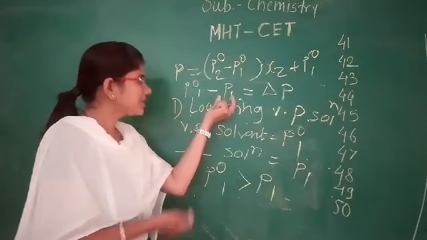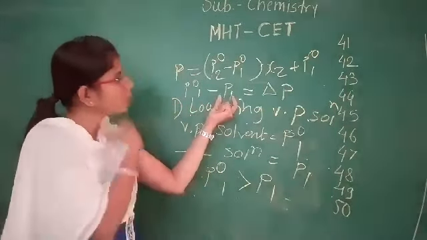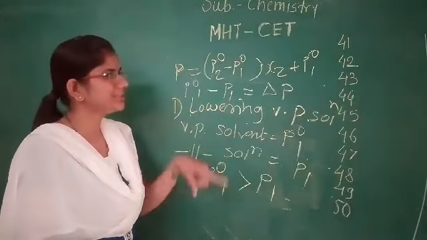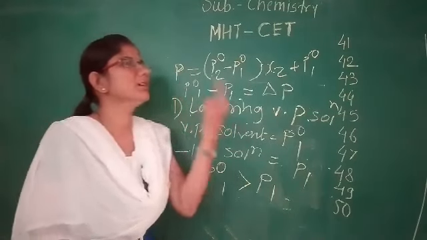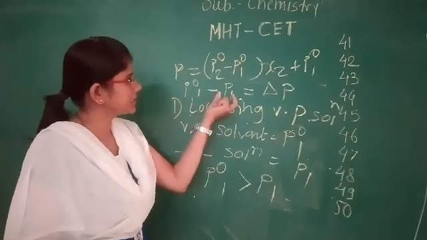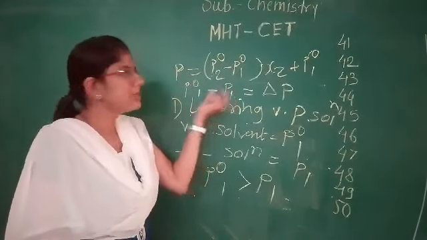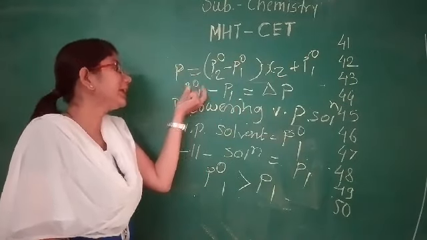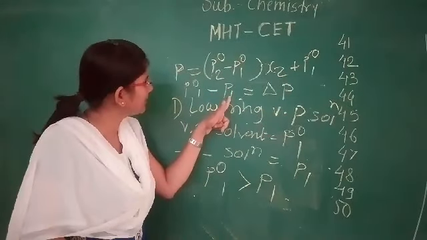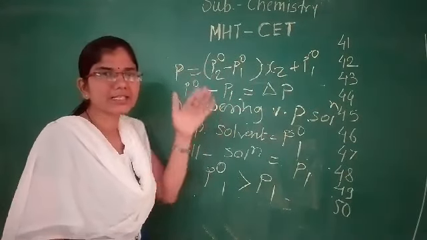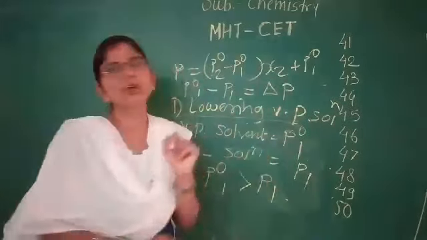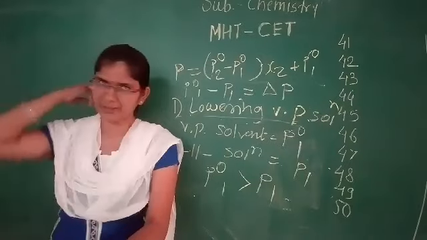Means this is the vapor pressure of a solution which is lowered when a non-volatile non-electrolyte solute is added to a solvent to make a solution. This is the vapor pressure of the solvent and this is the vapor pressure of the solution. म्हणजेच प्युअर सॉल्व्हंटचं वेपर प्रेशर हे सोल्युशन पेक्षा जास्त असतं. म्हणजेच सोल्युशनचं वेपर प्रेशर हे प्युअर सॉल्व्हंट पेक्षा कमी असतं. And that is our first colligative property, the lowering of vapor pressure.